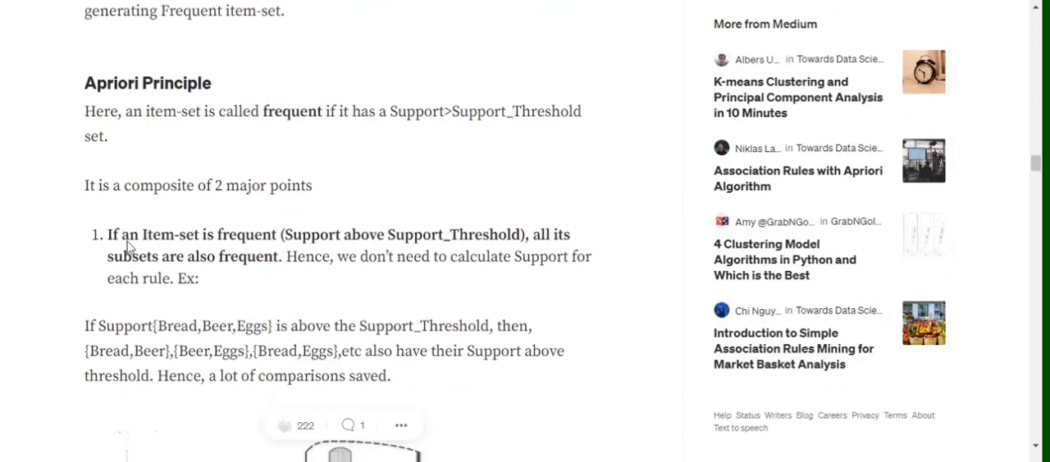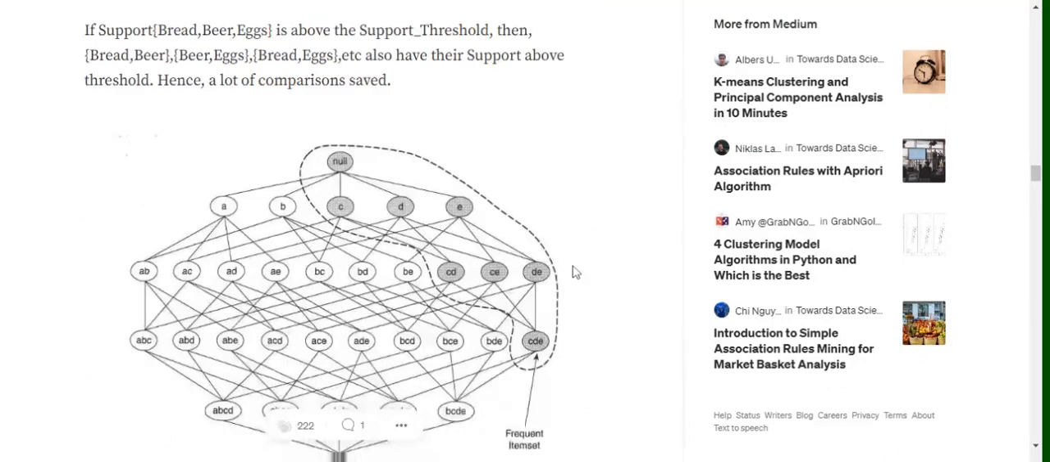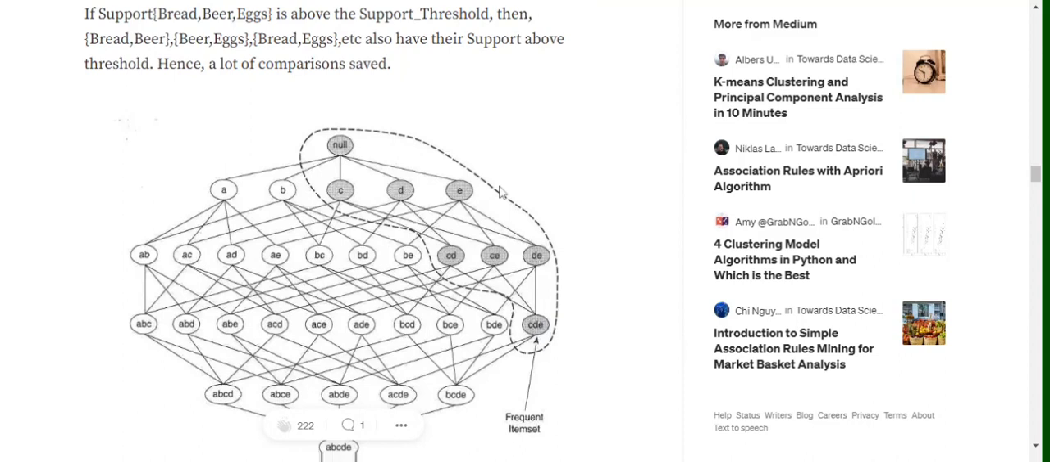So what we are planning to do is to bring in the Apriori algorithm, the Apriori principle. So let's understand what the Apriori principle is. An item set is called frequent if it has a support greater than the support threshold. Now, there are two major points within this principle. If an item set is frequent, meaning its support is greater than the support threshold, all its subsets are also frequent. Now, let's see this particular example. Assume that CDE is frequent. That means any subset of CDE, CD, CE, DE, is also above threshold,